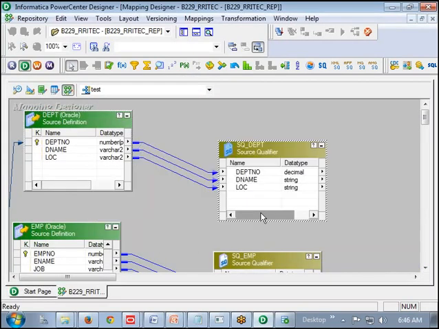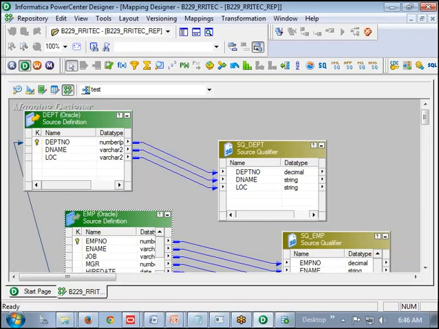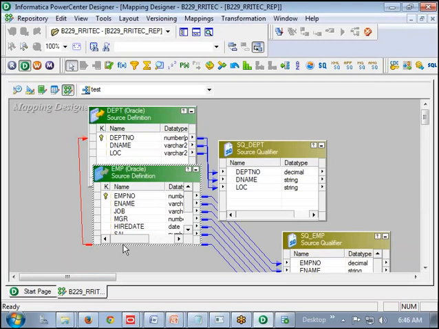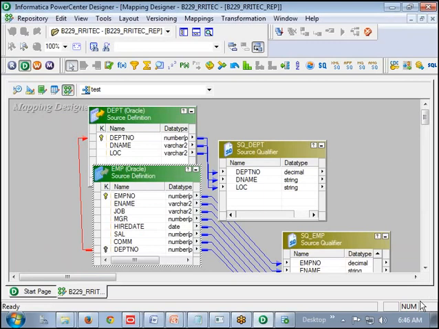It came automatically based on the primary key foreign key relationship. So join information will also be imported. This is the primary key, this is the foreign key, and based on them the join is created automatically.